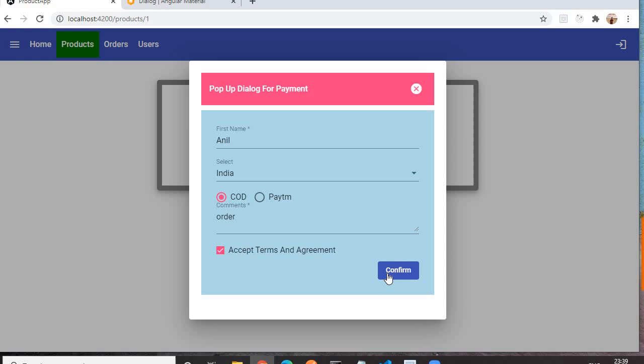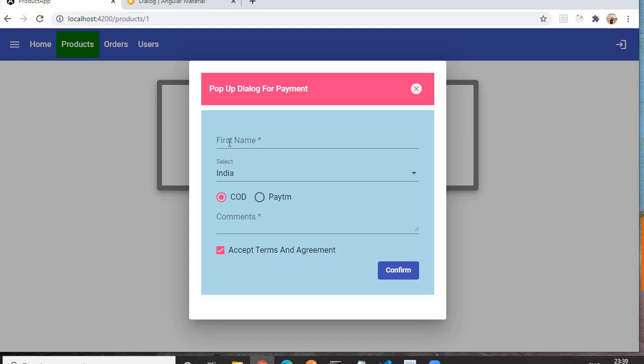If we click on the confirm button, our order will be confirmed. On click of the confirm button, you will see our form will get reset and we will get an alert message like order is successfully placed. Just keep an eye on the screen. I am clicking on the confirm button. I am getting the order placed successfully alert message, along with our form being reset.